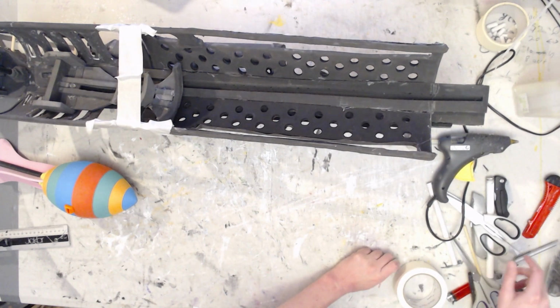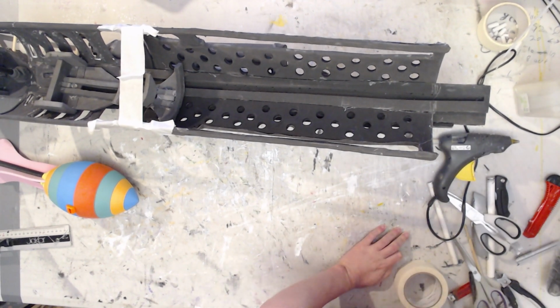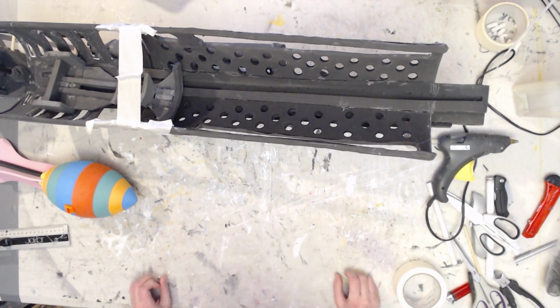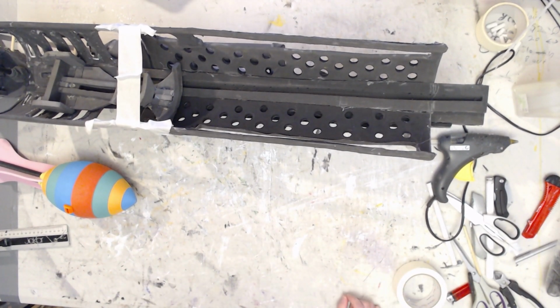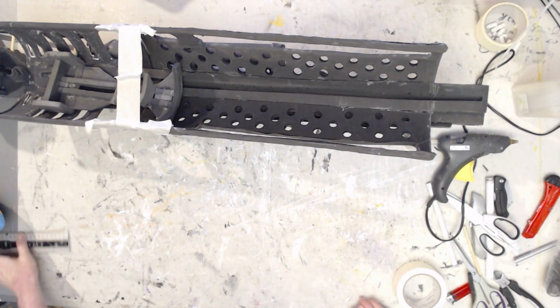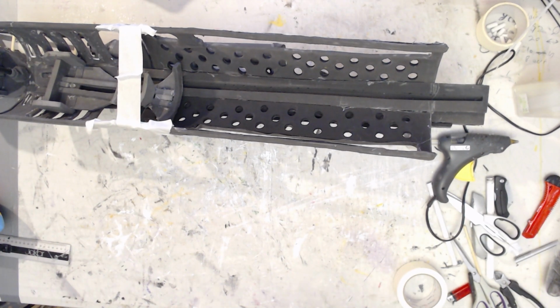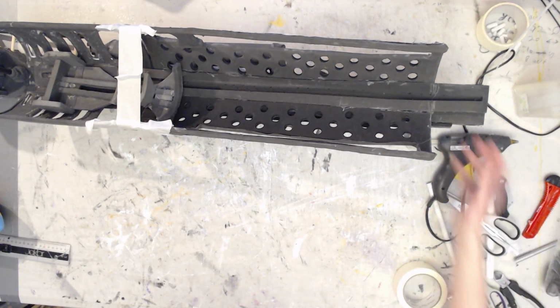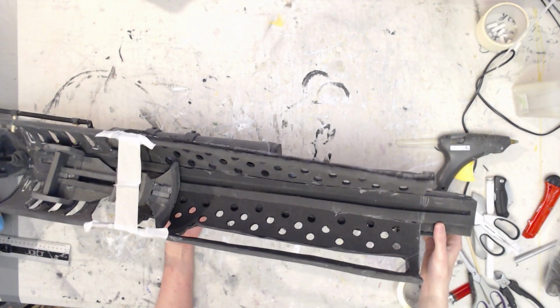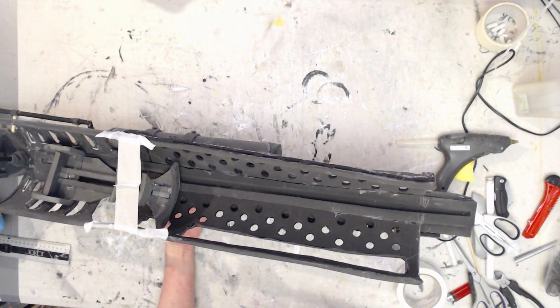Okay, so we will put the glue gun on because we're going to need it. Okay, so we've already got all of that. Okay, so I'm looking at the design now, and well, my reference pictures for this thing. So basically the bits that we're missing